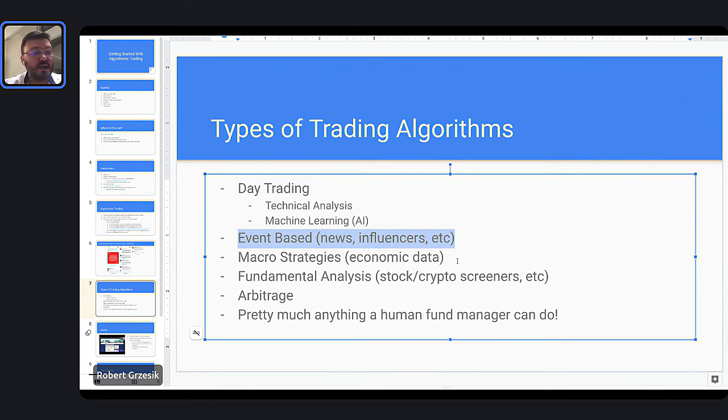And basically what he does is he looks at influencers. So people like Jonah Lupton or Donald Trump or Elon Musk, influencers, people that have a lot of people following them, right? And essentially, whenever they tweet or when news comes out or a brand new event comes out, his algorithm is the first one to read it. And he takes that information and basically trades off of it, right?